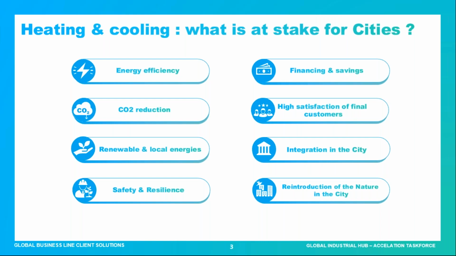Integration of those systems in the city, as mentioned in Iceland, for instance, is very important for us, since those systems are supposed to be developed in dense areas, so within cities. So we have to figure out how to integrate those systems within a city with respect to the architectural integration, or maybe to the history of the city. And another concern is also nature-based solutions. Very often, right now, cities are concerned about the fact of reintroducing, if I can say that, nature within a city.